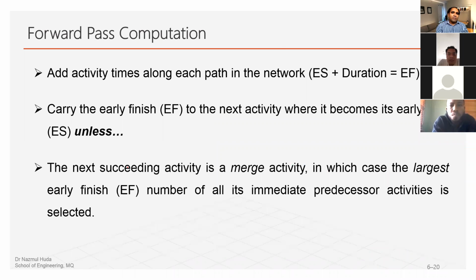Okay, fundamental rules about the forward pass computation. It starts from early start, ES, plus duration equals early finish. That's how we calculate EF if you have the ES. And then